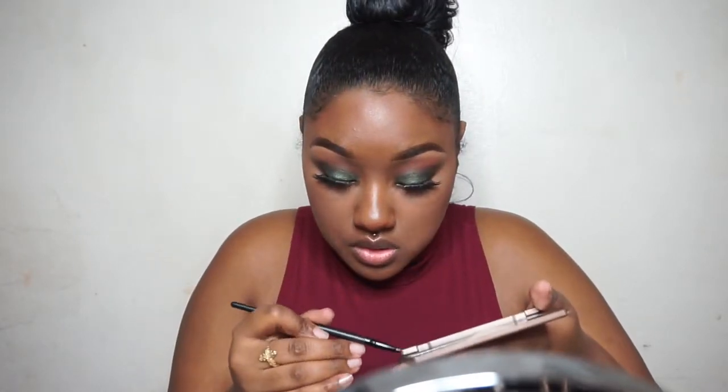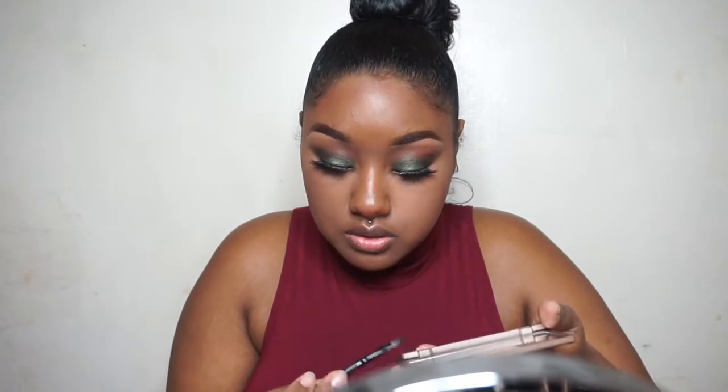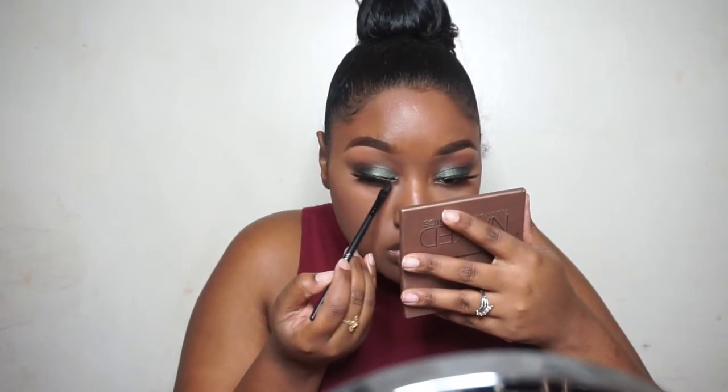I am going to go in with just a little bit of that Crave eyeshadow underneath, so it ties in and completes the eye. Like I said, you want to do just a little bit of this because I would hate to get fallout on all this work. So just blend it all together. Move on to